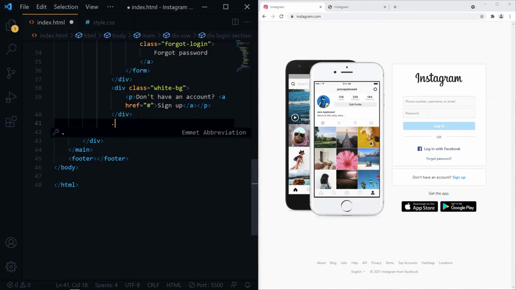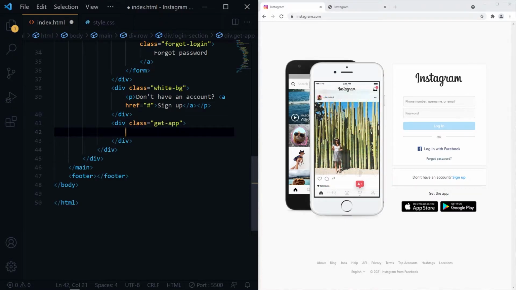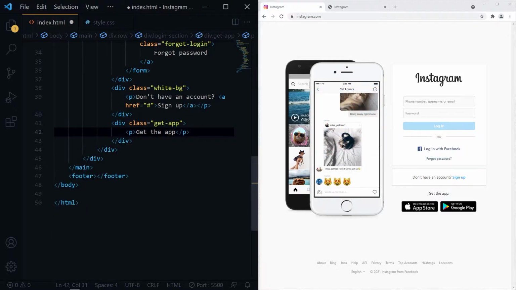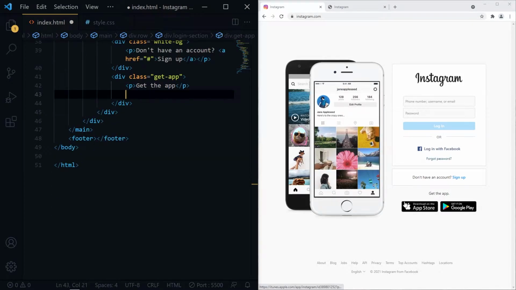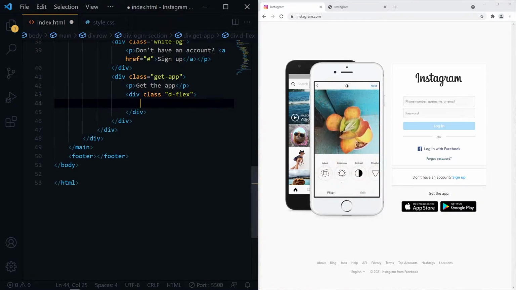I will give class name getApp for the container. These 2 anchor tags are in horizontal line, so we will need to give flex properties later.